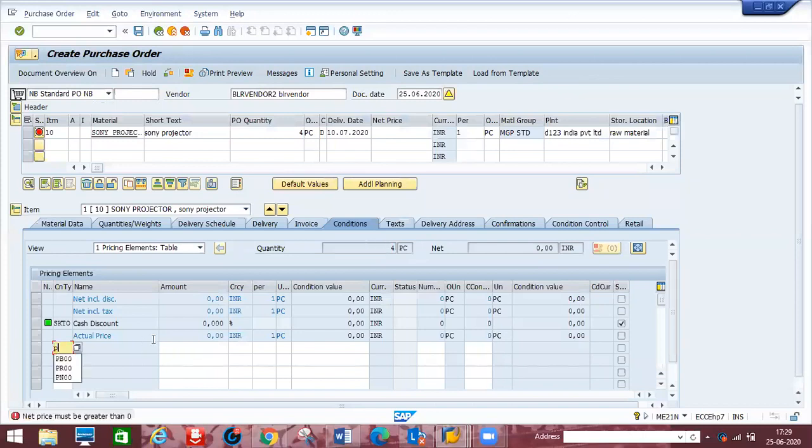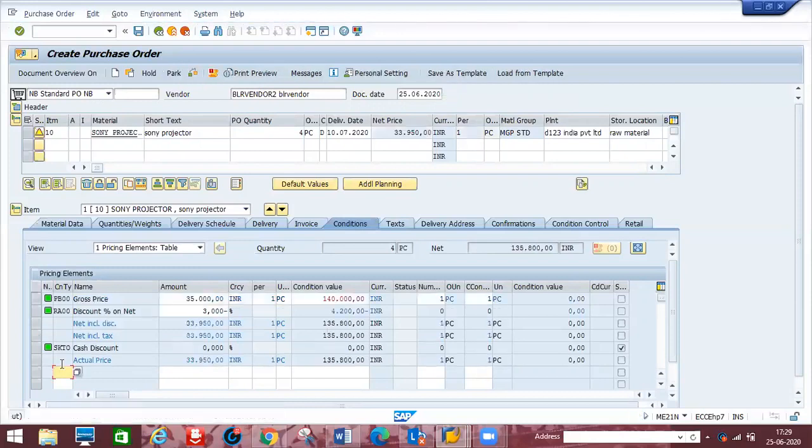Now PB00 is the standard gross price, 35,000. If the vendor is giving any discount, then RA00. Actually RA01 is standard, but somebody has changed it here. No problem, RA00. Let's say 3% discount. Enter. Now 35,000 minus 3% discount, the per piece cost is 33,950. Whenever you see the data here, it shows the per piece cost, but the total cost for this PO quantity you can see